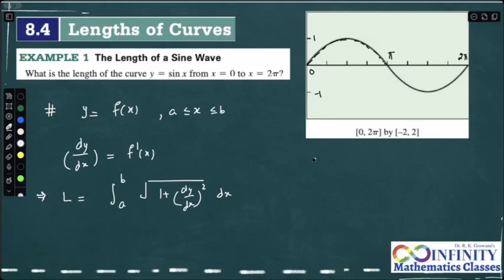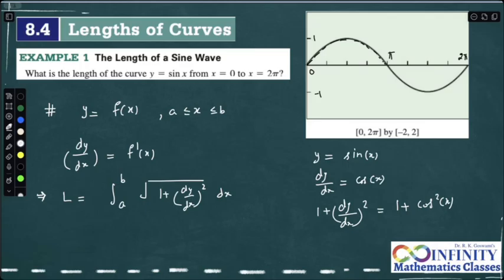So for this question, we have y equals sine x. The derivative of sine x, dy over dx, is going to be cos x. So if I ask you what is 1 plus (dy over dx) whole squared, you will tell me it is going to be 1 plus cosine squared x. Perfectly okay. So this length is going to be, the limits are from 0 to 2 pi,